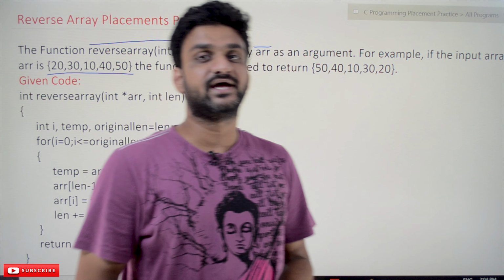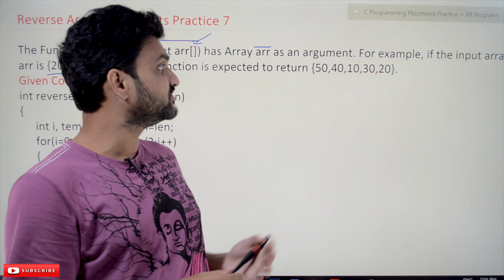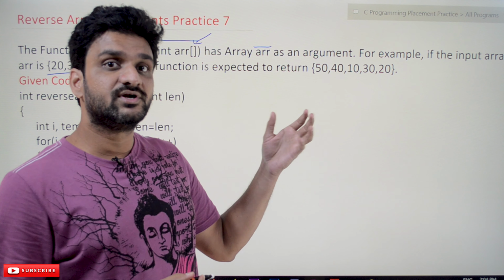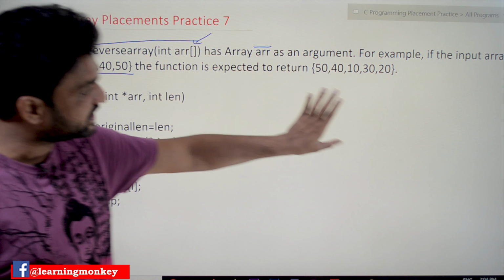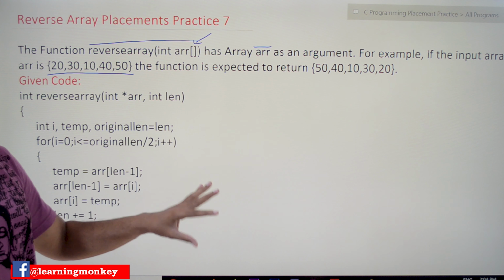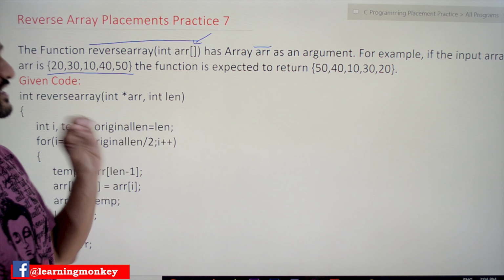So this is how the things are to be arranged. Let's try to write the logic for this. There are different ways to write the same logic. We'll try to write the logic which is based upon the logic of this question. First we will try to understand that, and from that logic we will make any necessary corrections.